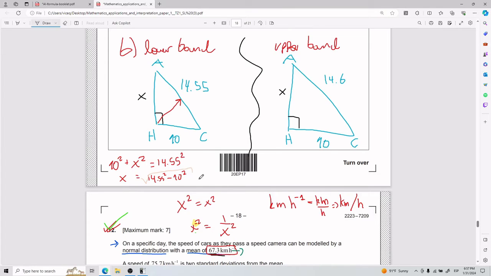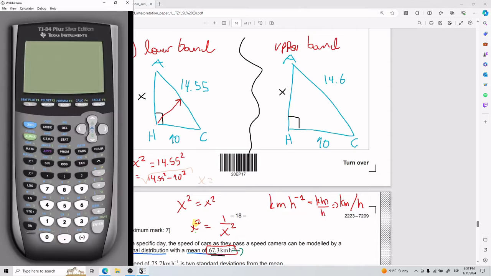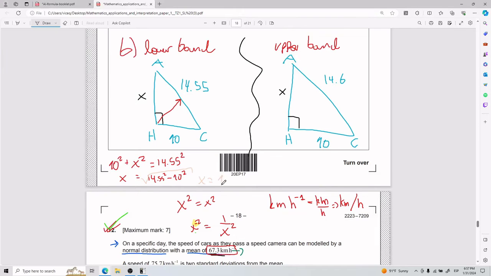So for the lower bound, x equals the square root of 14.55 squared minus 10 squared. See? So that means the lower bound is,